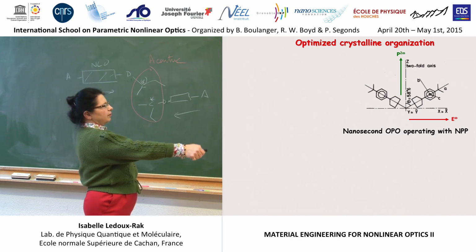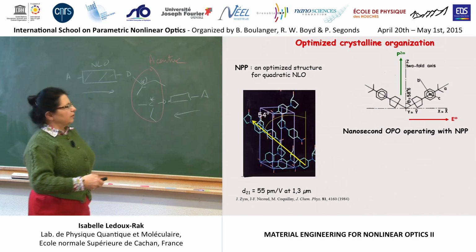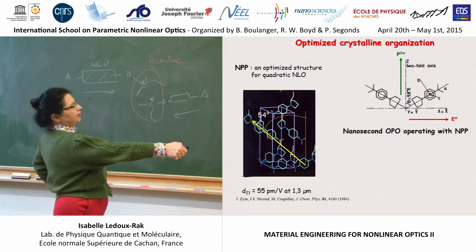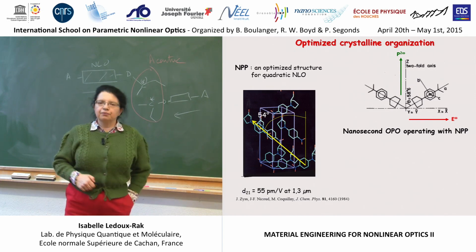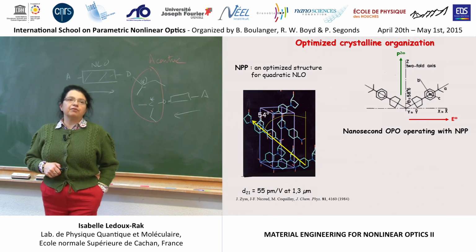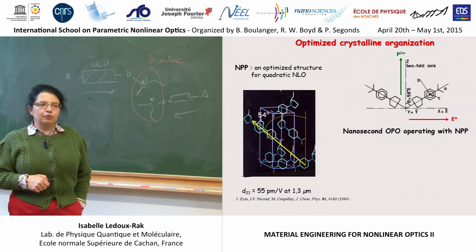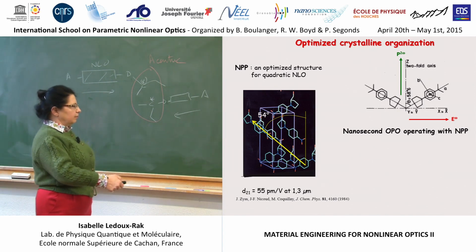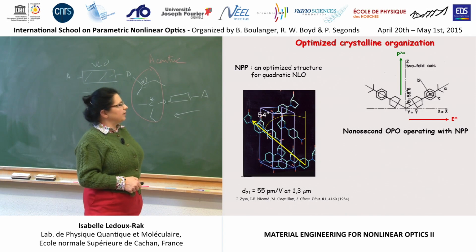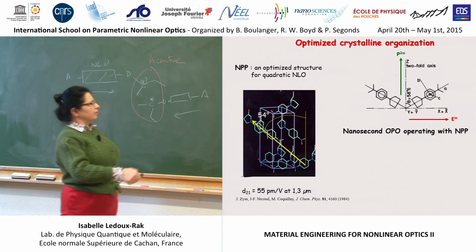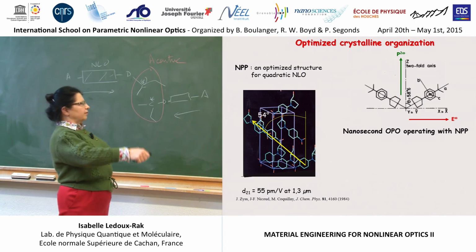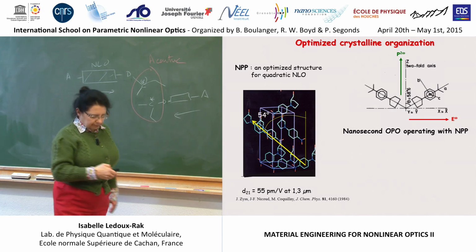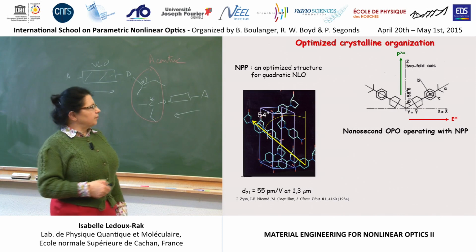And then the angle was found to be 58 degrees instead of 54 for the optimized structure. So it's very close to the optimized organization. And for this reason, the nonlinear response was really quite high. So you see here the average dipole orientation with respect to the two-fold axis. And as a result, it was possible to